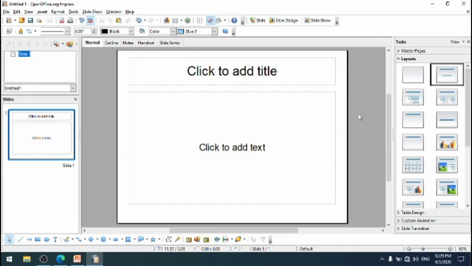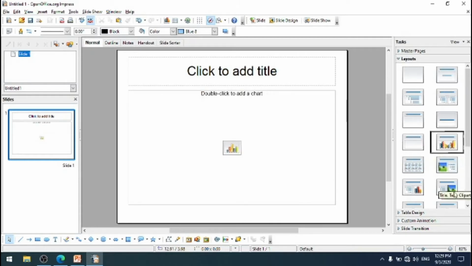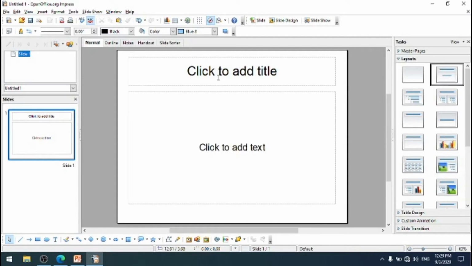Decide the layout as per the purpose of the presentation. Suppose if you want to include the title and the chart, you can select according to our requirement, but usually in the title we will use title followed by the text. So you can use the pre-packed layouts available in the layout section of the task pane. The suitable layouts are title slide, which also contains a section for a subtitle, title only, title and content, title and two content, and so on.